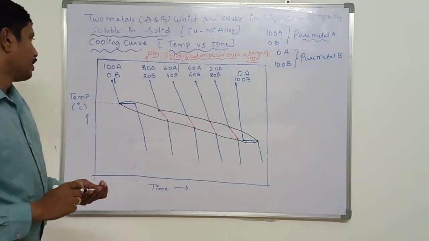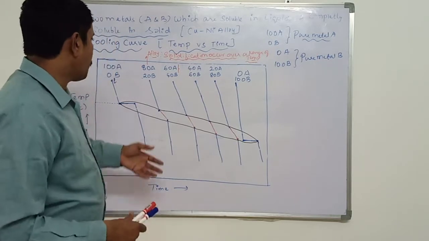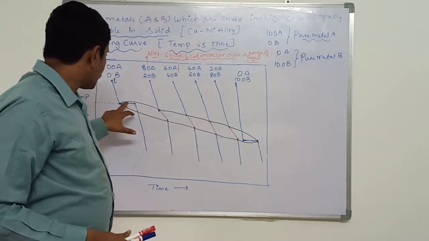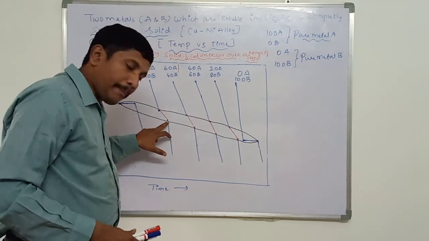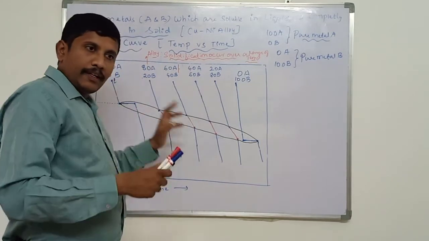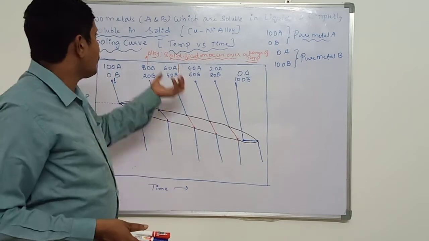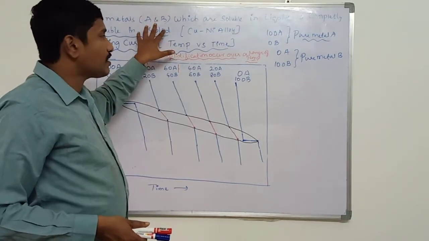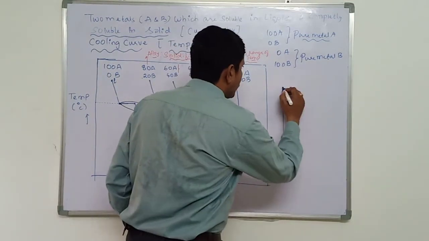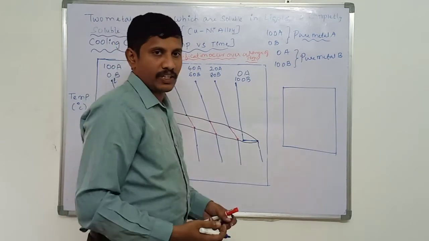So now this is the cooling curve for an isomorphous alloy, right? By transforming these values of solidification start points and solidification end points for various compositions, we can construct the phase diagram. We can get the phase diagram for an isomorphous alloy of two metals A and B, right? So we'll be getting the phase diagram like this. We'll be discussing in detail regarding this phase diagram.